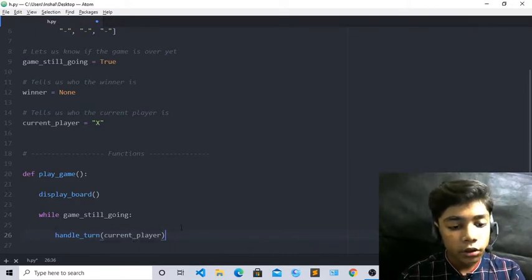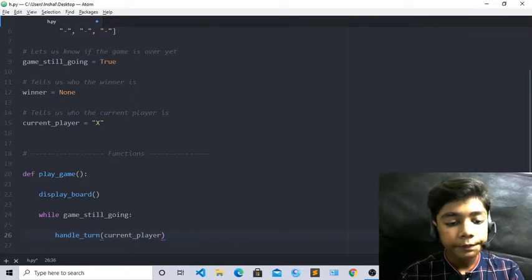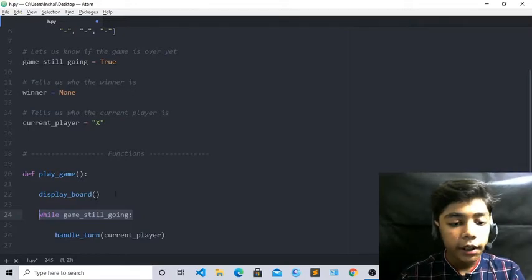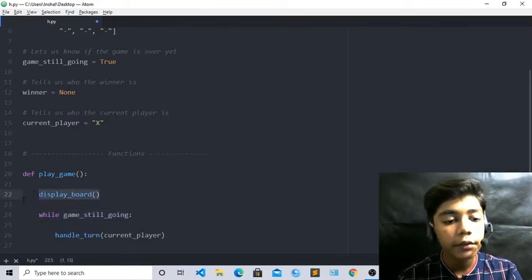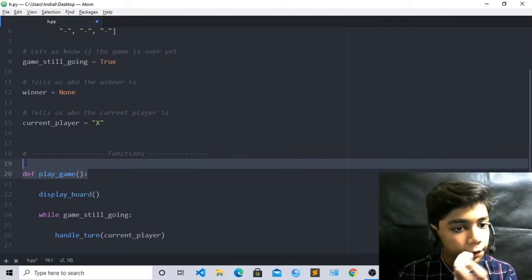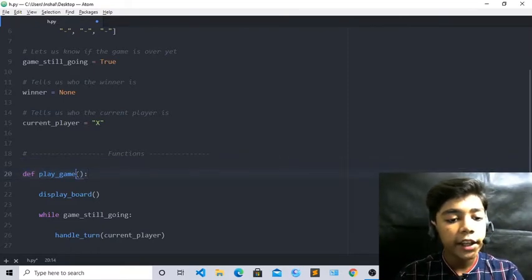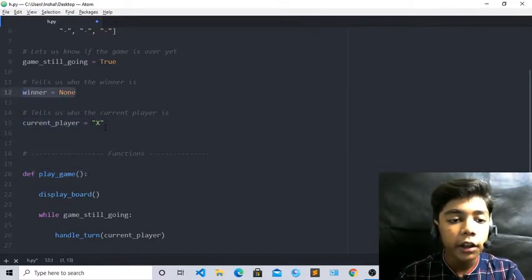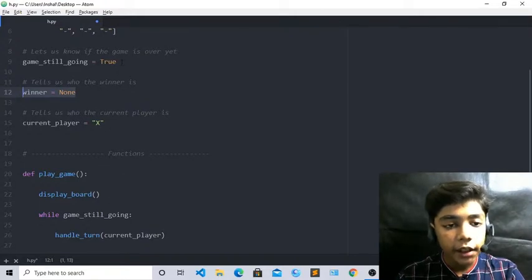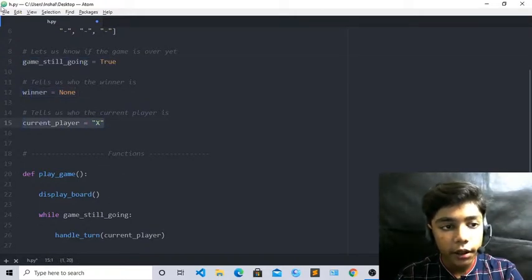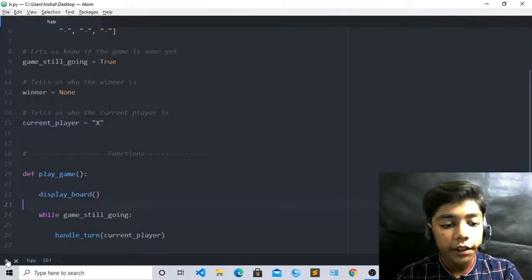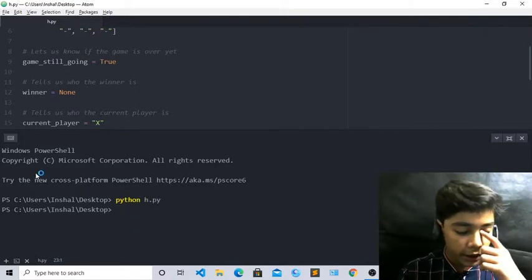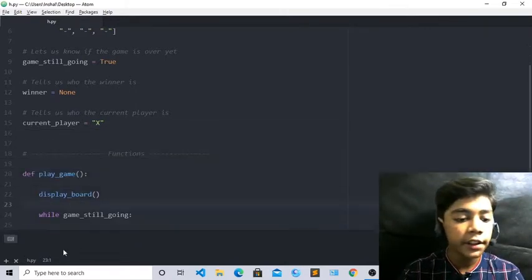Now we have defined many things here like handle turn, while game is still going, our display board, and play game, because we have to define all these things here, from which we can check that our game is going really perfectly. We have to check this many times, so we have to use all these tags here. Now first of all save it. Now we will check whether it is working or not. Just Python, which will be edge.py here. Now you can see this is working correctly, so we don't have to change anything from here.